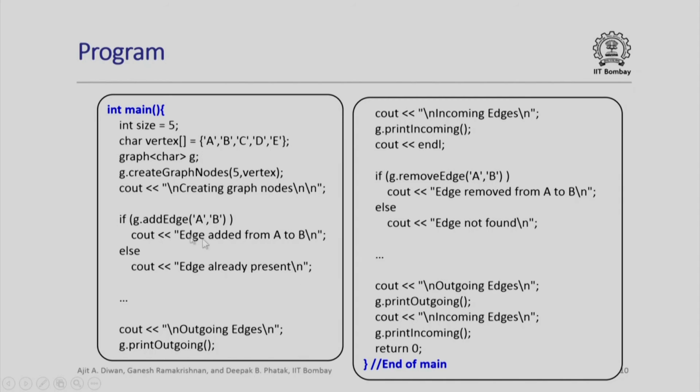In real life, the program will not be as long as this, because I would typically use an iteration to collect all the vertices, for example, and to collect each edge from the user through an iteration. Similarly, when I do that, the edge addition or edge removal will be called iteratively. The program will not be very long. The point being made is that introduction of the Boolean function requires that for adding or removing an edge, when we want to display an appropriate message, we will have to check the Boolean value returned by that function. After this, we again have the print outgoing and print incoming as a part of the demonstration, and that is all the main program is.